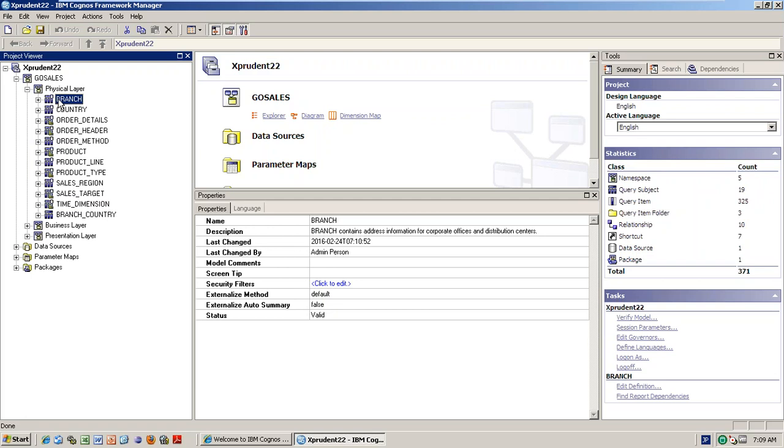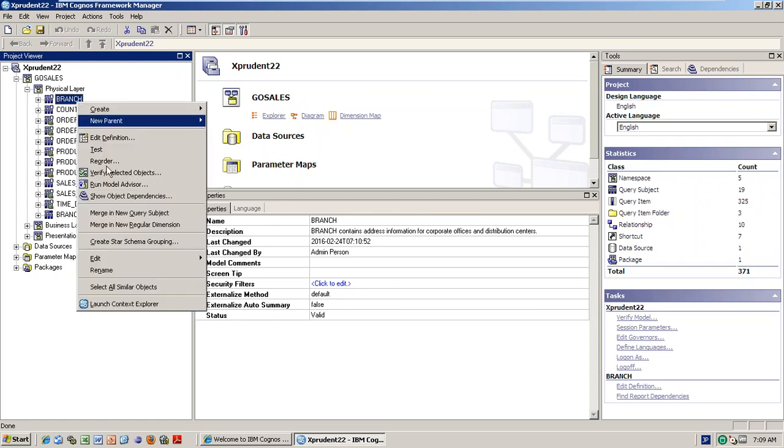the terminology of a Cognos developer is different from that of database people, right? Normally in a database, we call them tables and columns. But in Cognos terminology, it's a query subject and query item, the column names. I think yesterday I discussed merging into a new query subject, right?